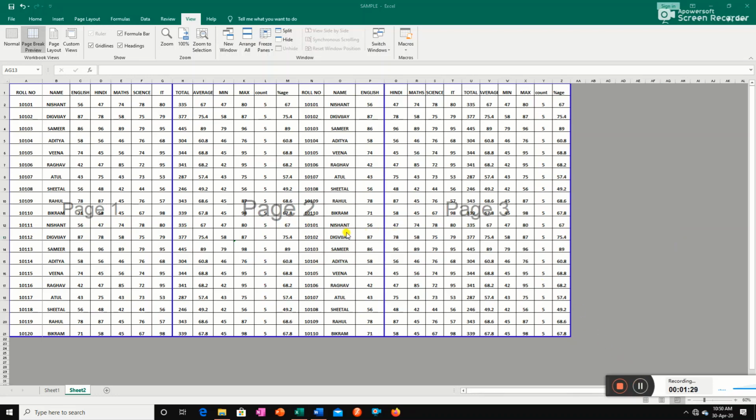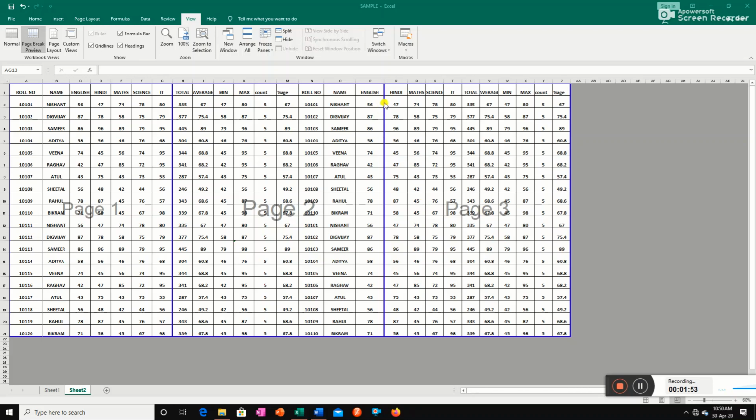Now you can easily view the location of page breaks in your worksheet. The worksheet displays both types of page breaks, that is automatic as well as manual. So these are the automatic page breaks. You can differentiate these two types by looking at the page break line patterns.